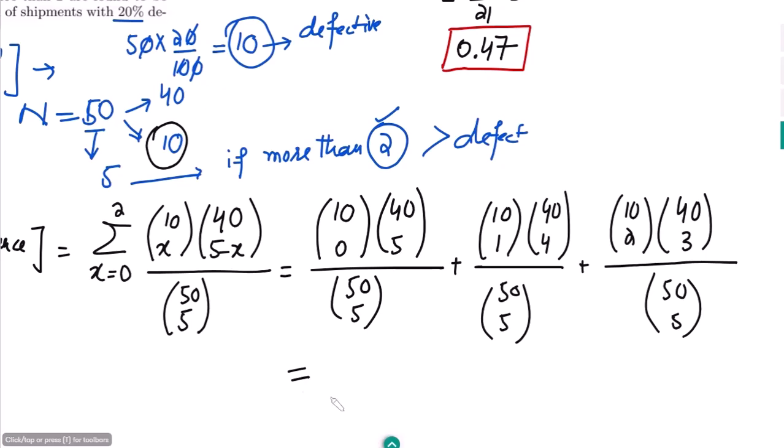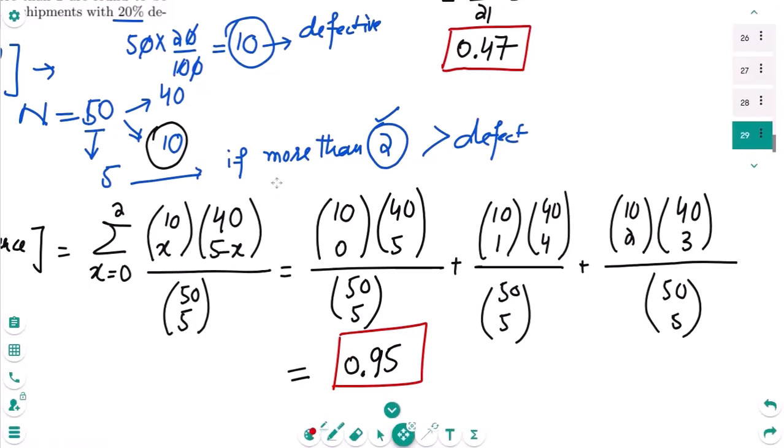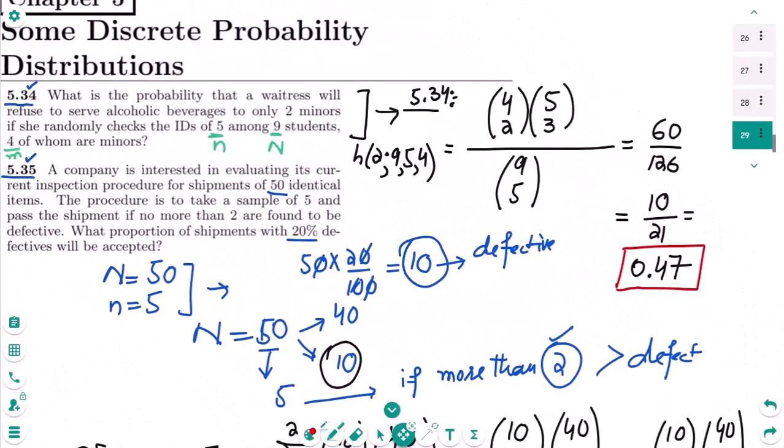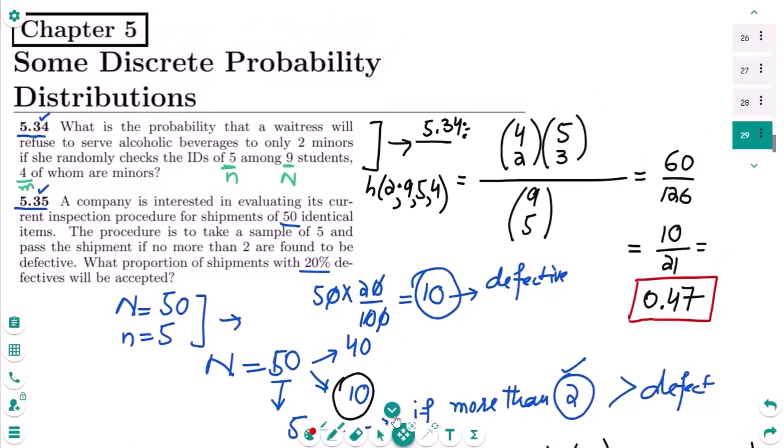Okay, so now when I solve it, the answer of it will become 0.95 is the answer of our question. After solving it, we will see that this is the solution of our question. Okay, so that's it for today, in which we have seen the solution of 2 questions which are related to